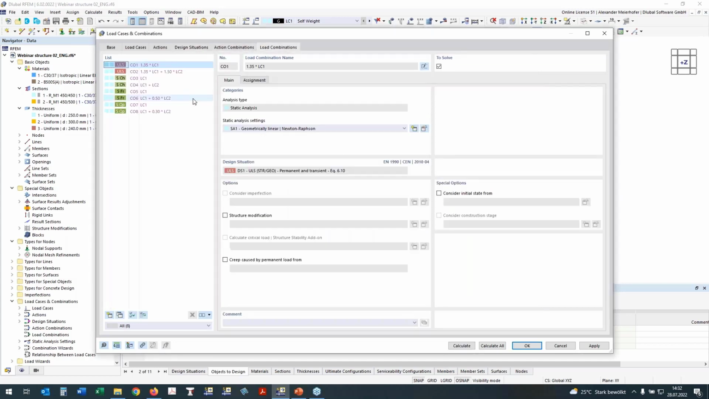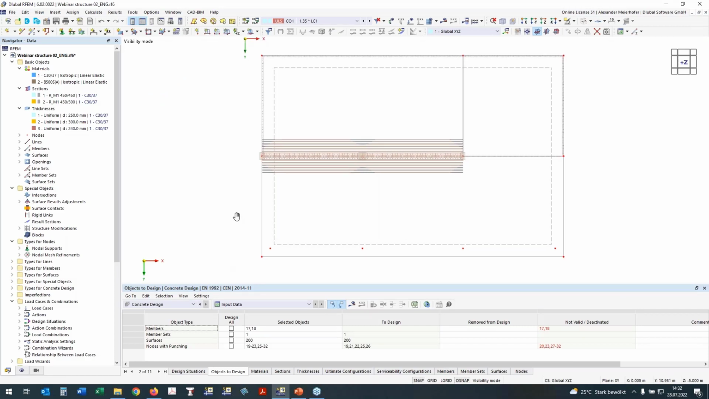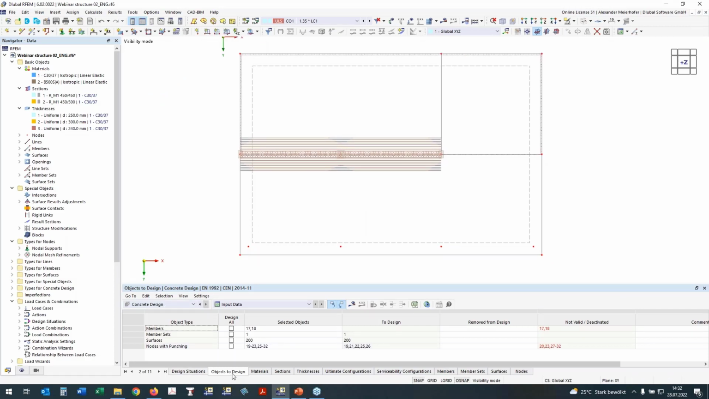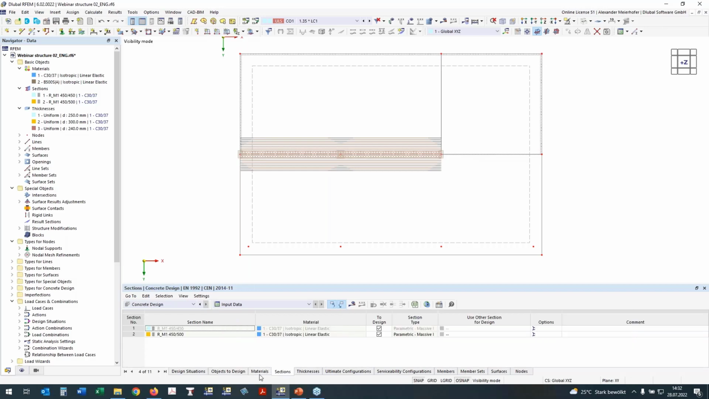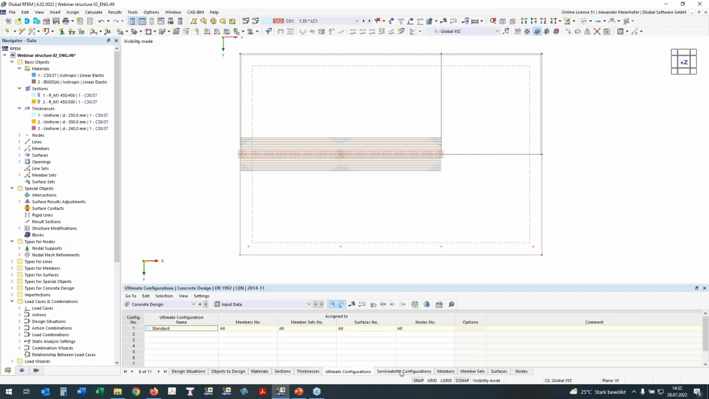If we then go to the register load combination, these combinations were generated automatically and will also be used in the design of the reinforcement. Now I go back to the add-on concrete. We have here already the designed object selections. Material and sections are only listed for control. Here are the ultimate configuration settings for the ultimate limit state. Here we have the serviceability state. I will take a look at the serviceability state